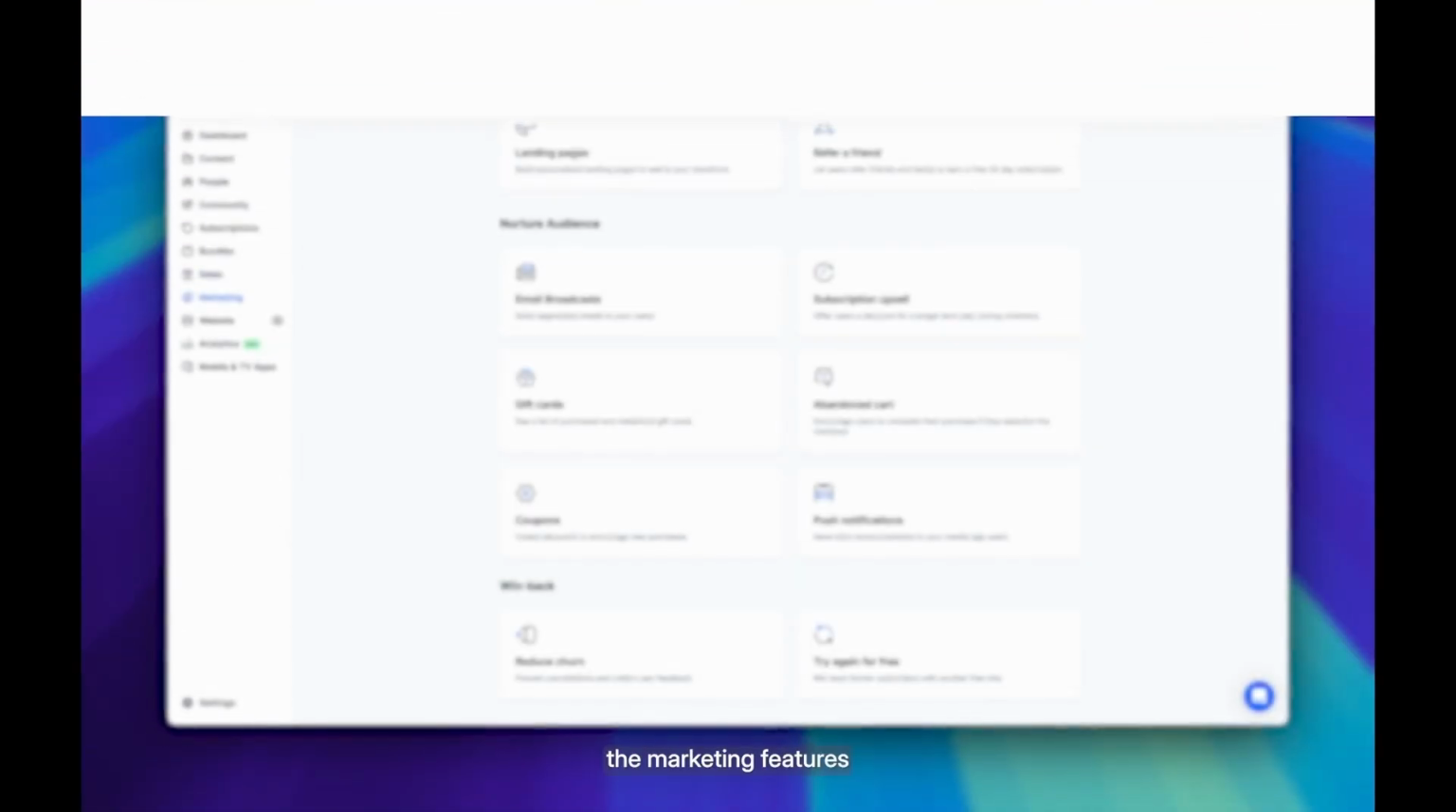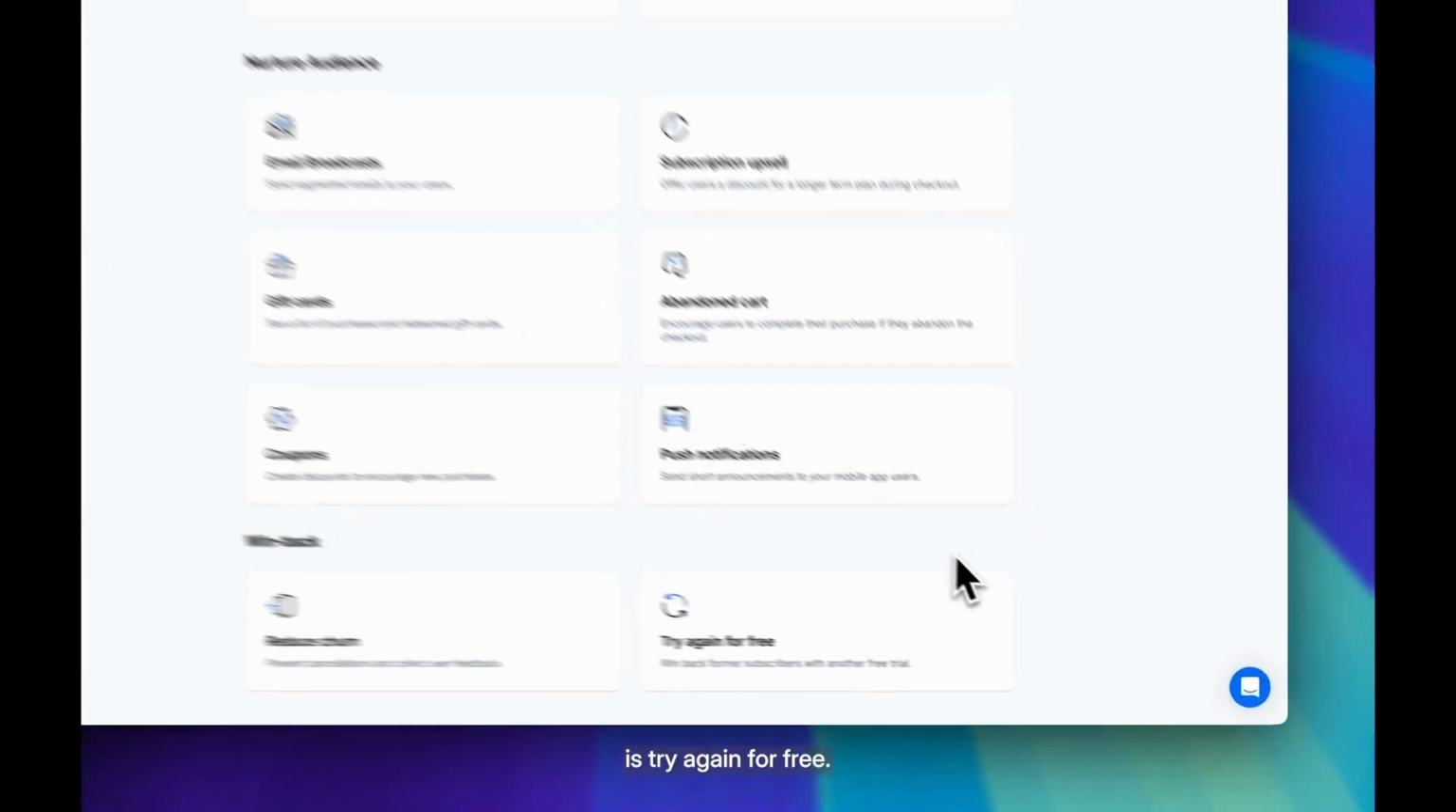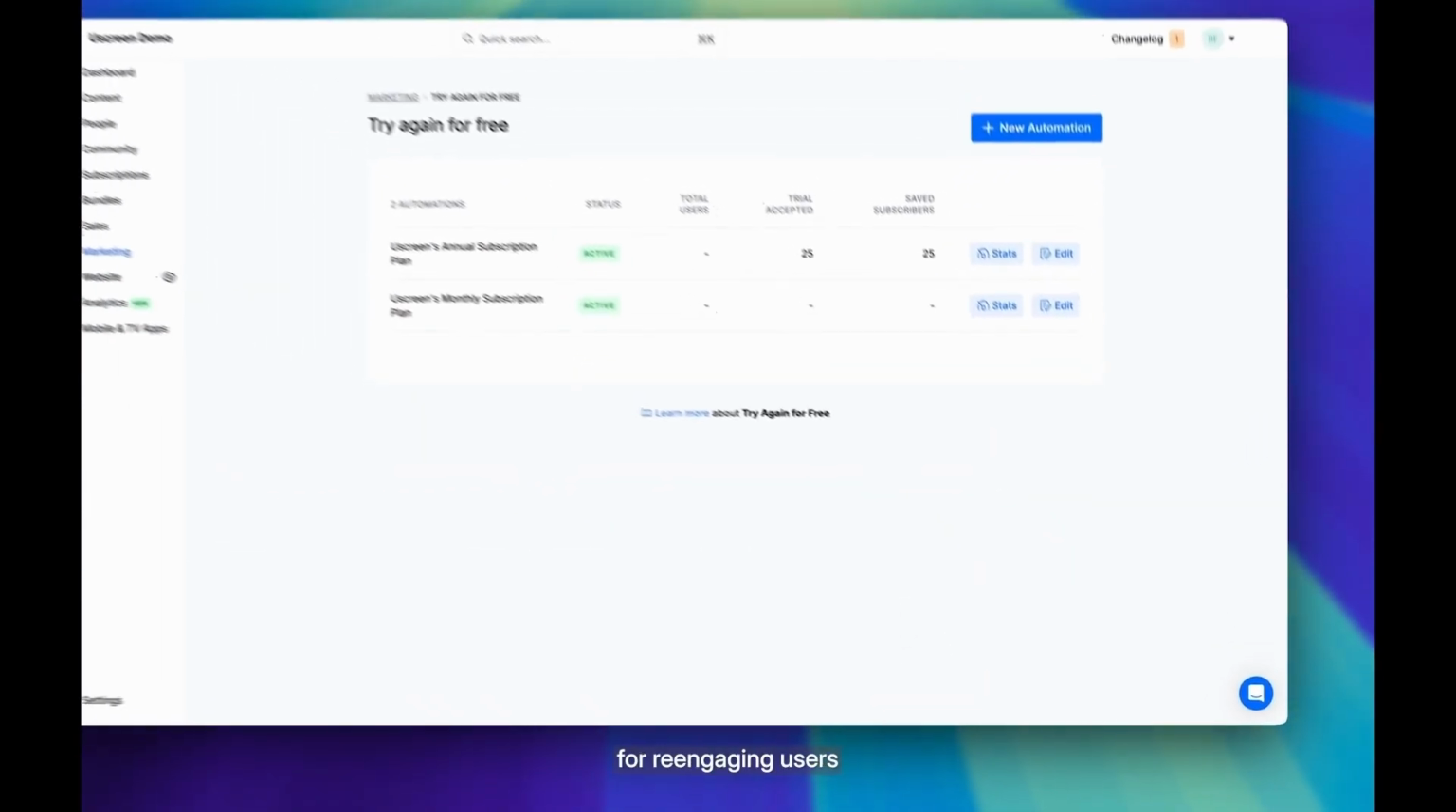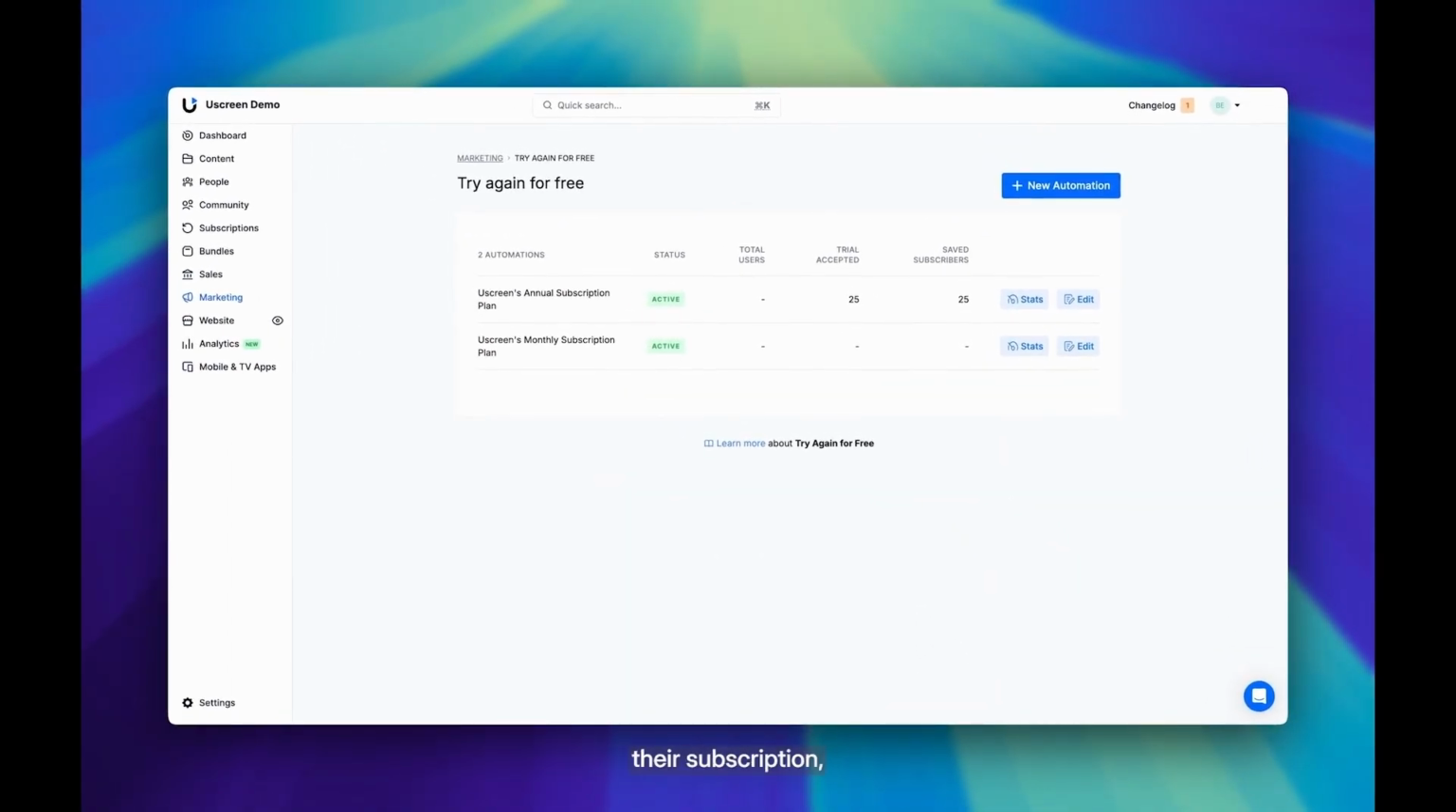The final part of the marketing features is Try Again for Free. This feature is perfect for re-engaging users who may have cancelled their subscription but just need the right nudge to come back. This offer can only be claimed once per user and will not be sent again if they cancel